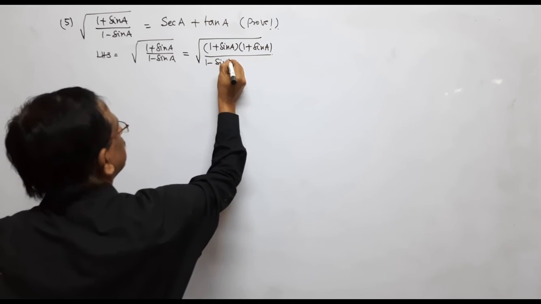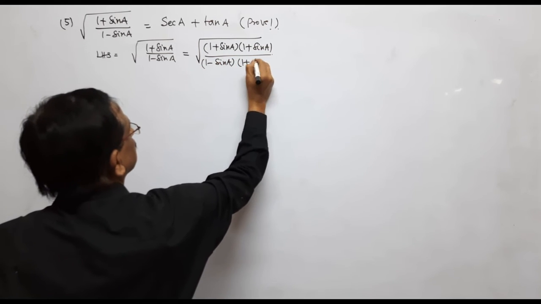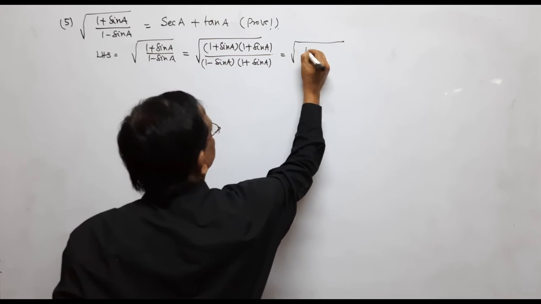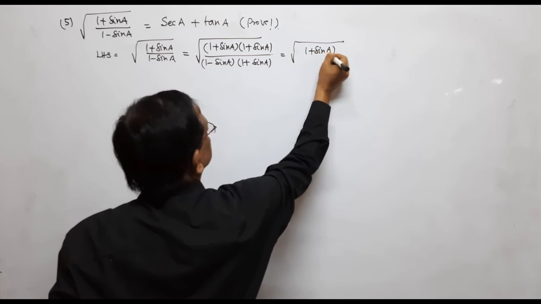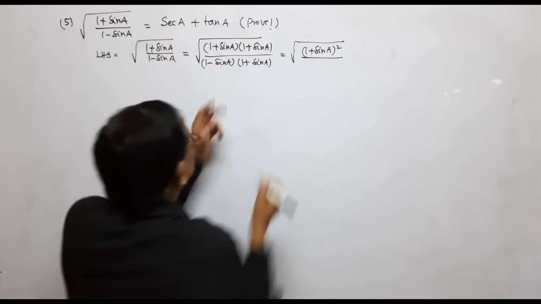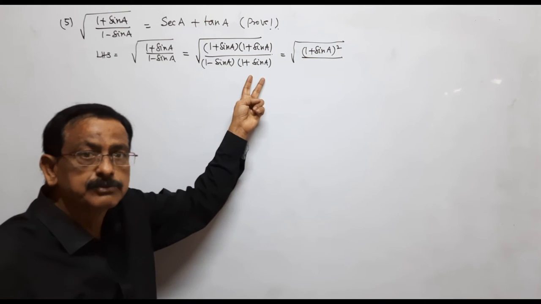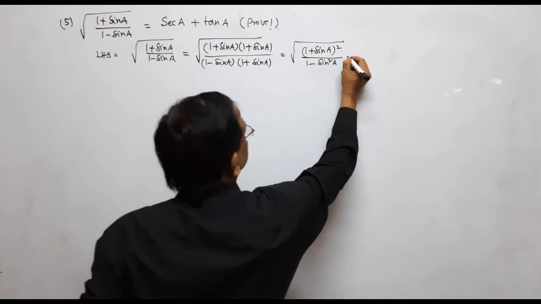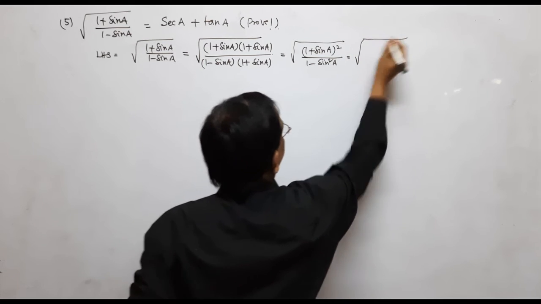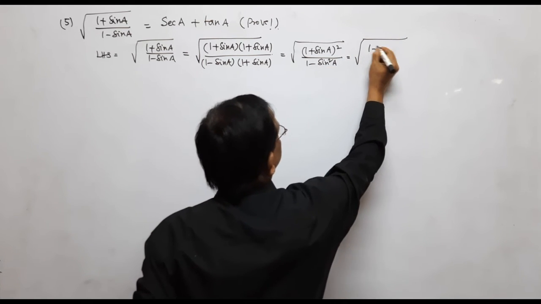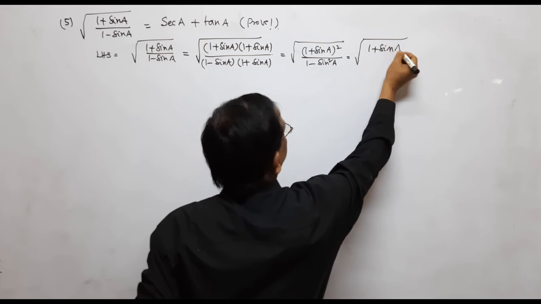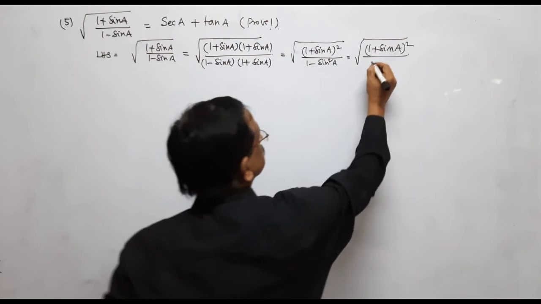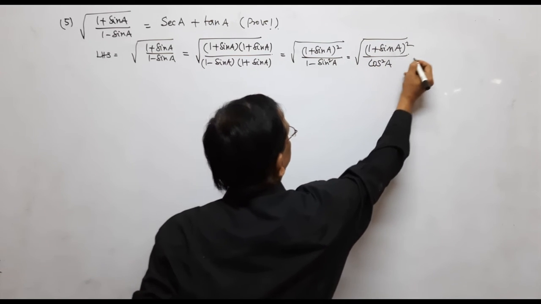1 minus sin A into 1 plus sin A. So this becomes root of (1 plus sin A) whole square by (1 minus sin A) into (1 plus sin A), which is 1 minus sin square A. This is all under root, equal to root of (1 plus sin A) whole square by (1 minus sin square A), which is cos square A, which is equal to,